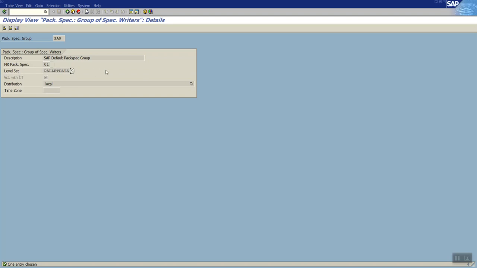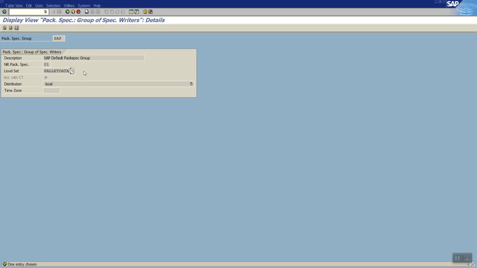So when we go into the packaging specification master data transaction, the first thing we will select is the packaging specification group, based on which the system proposes the unique number for that packaging specification. And once we go inside that packaging specification, we will also see the different packing requirements: which packaging material, how much it has to be packed.